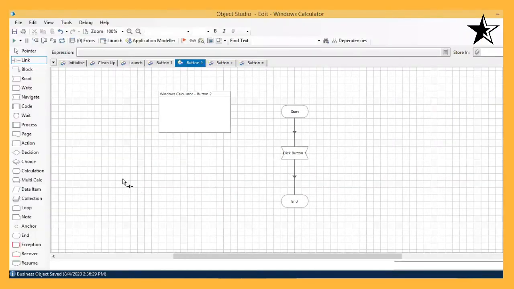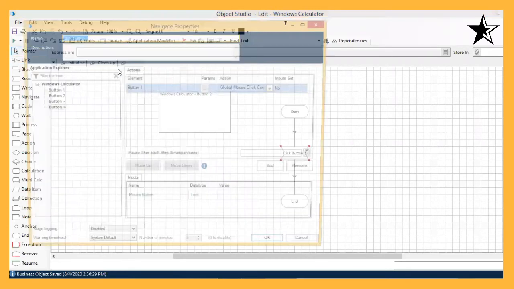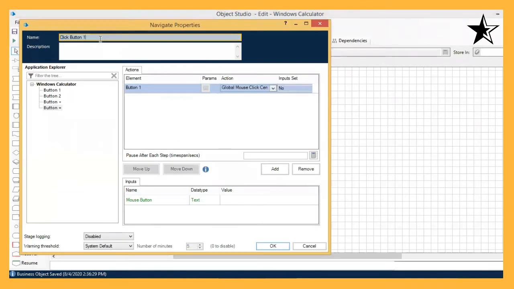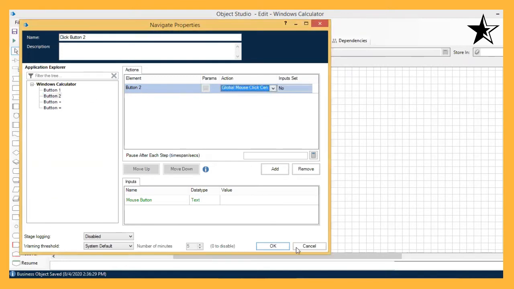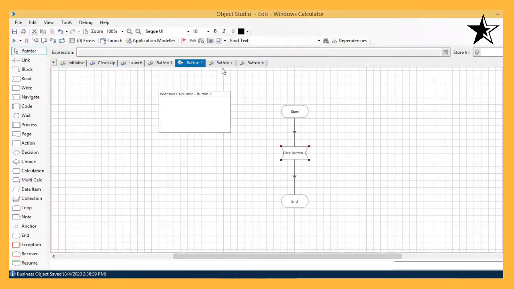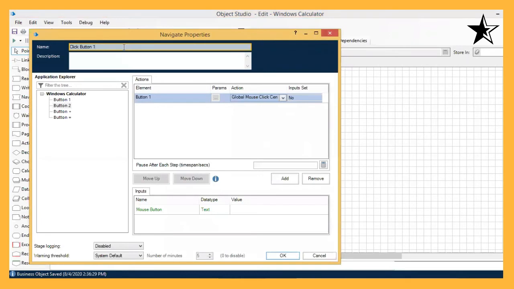Right, now in the button 2, I will click on the navigate stage. Just rename it as button 2, and I drag and drop button 2. Again, it will remain the same, global mouse click center. Similarly, button plus also, I will click onto this, rename it as button plus, drag and drop button plus, and it will remain global mouse click center.